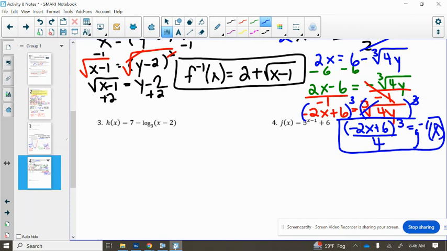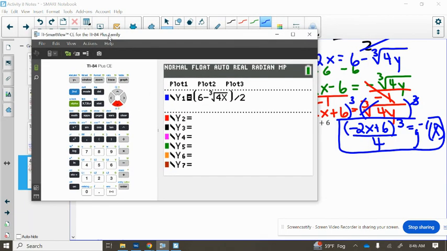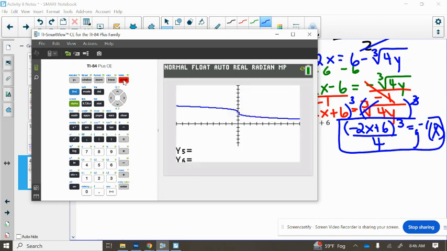And again, if we really wanted to look at this and double check, like, okay, does this make sense? Is it truly a reflection over that line y equals x? Well, we would take our function negative 2x plus 6 to the third power, and then all that is divided by 4. And again, if we graph,